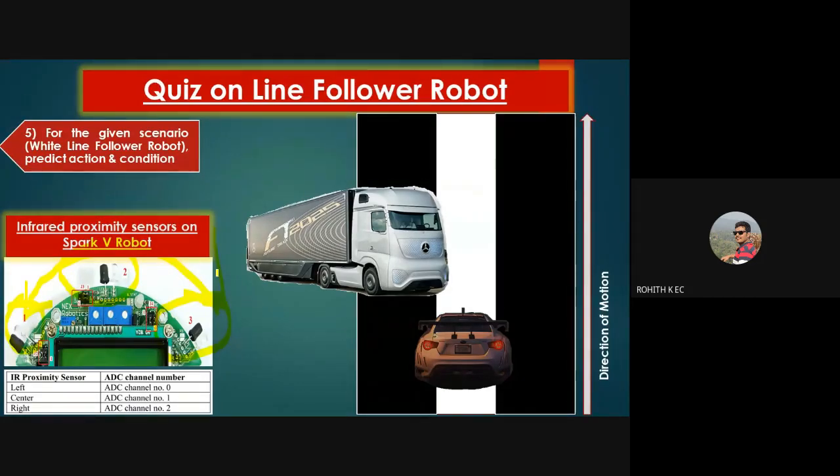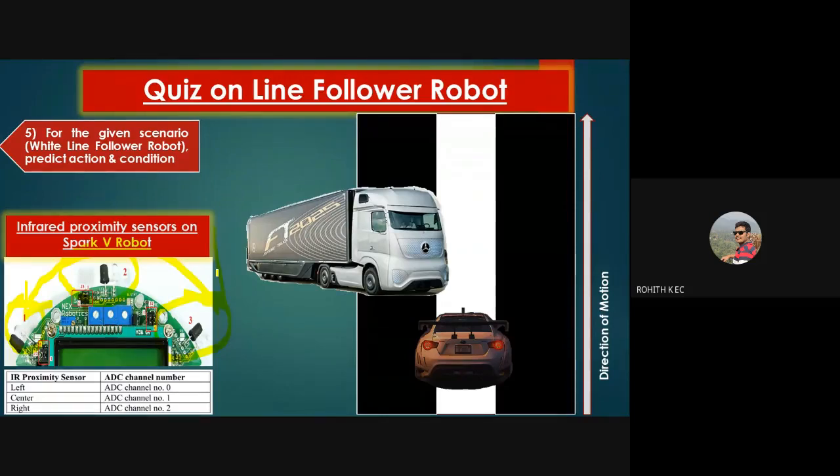Is there any doubt? Yes, it depends on the angle covered by the IR. That's right, that's correct. We can also use a Sharp IR sensor. Some proximity sensors will have a wider coverage angle, so in that case one sensor will be enough. I'm talking about the sensors that are there on our Spark 5 robot, right?